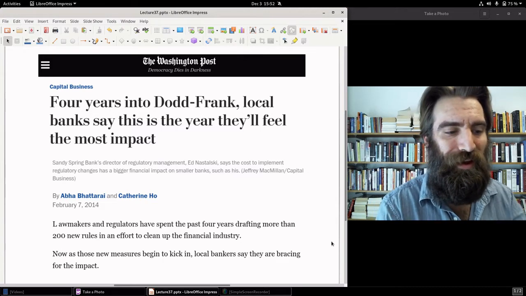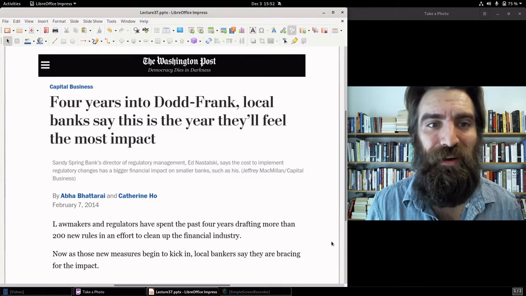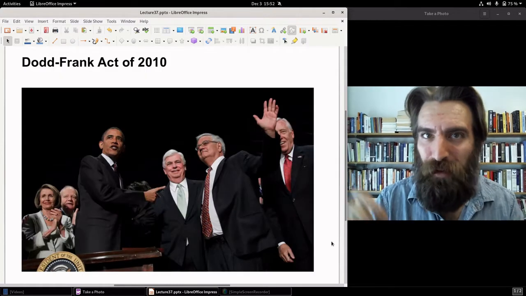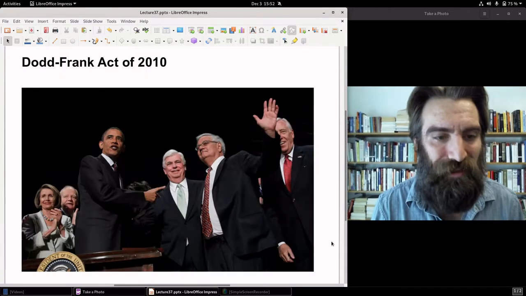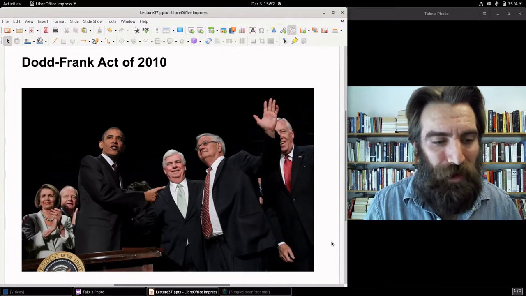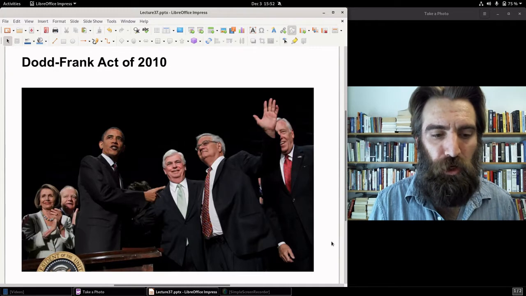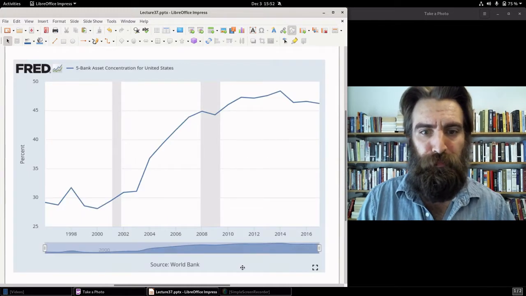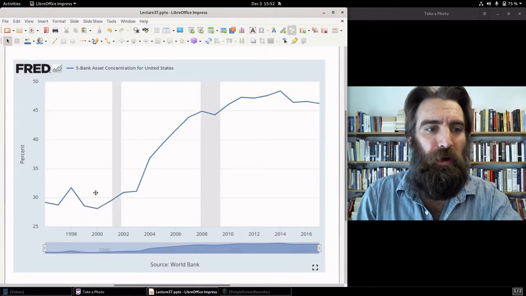And so, intended or not intended, because you always have lobbyists in there who may intend some of these things, the effect of Dodd-Frank actually has caused many of the smaller banks to be wiped out by bigger multinational banks that now dominate the country. And if you look at the trends,